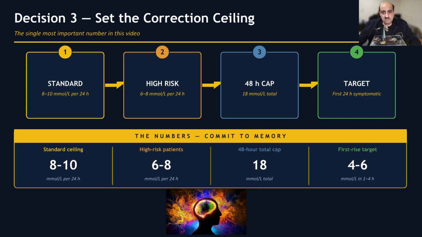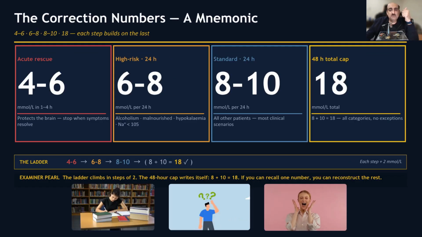And secondly, the rise of 4 to 6 millimoles in the first 1 to 4 hours we've discussed before, in acute severe symptomatic hyponatremia. That's enough to relieve the cerebral edema, and then you can look at the 24-hour correction and the targets you're committing to. Now, one mnemonic that I had developed for myself, which I think might work for you, is to think of the numbers as